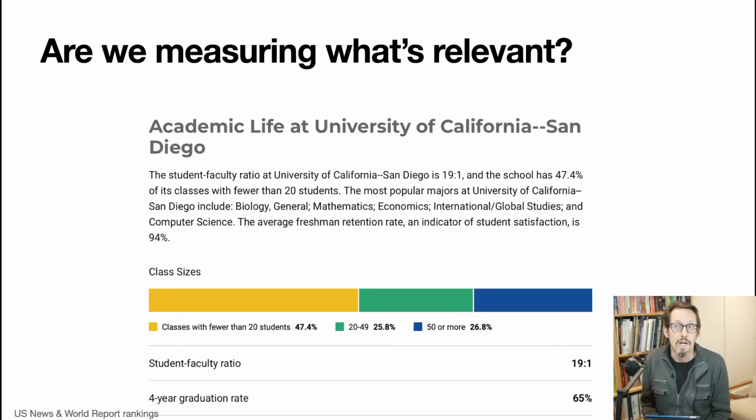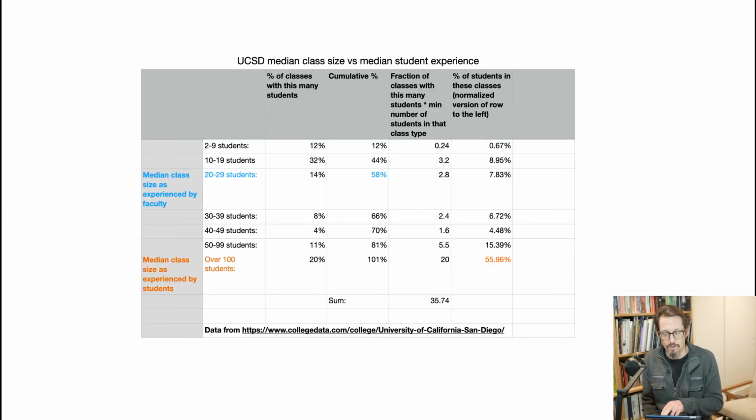Okay. We also talked about, are we measuring what's relevant, right? So you may be familiar with something like this. This comes out of U.S. News and World Report. It's the report on